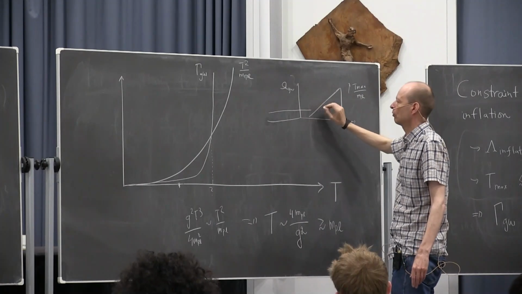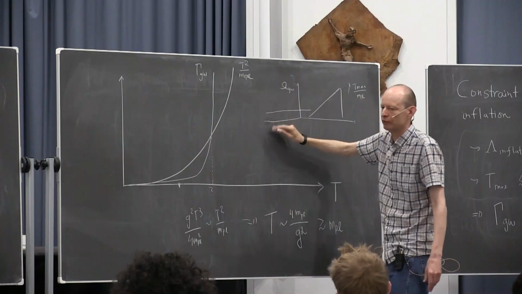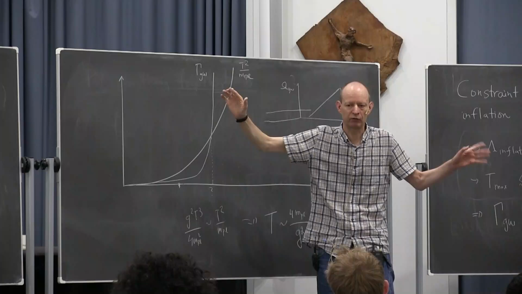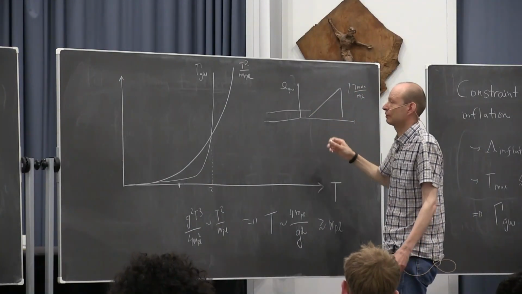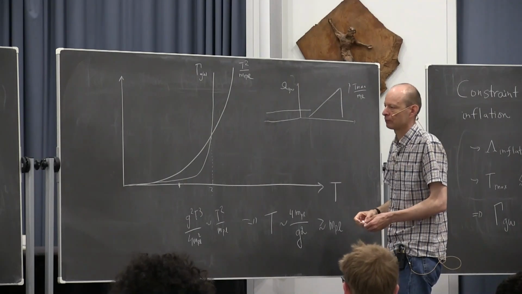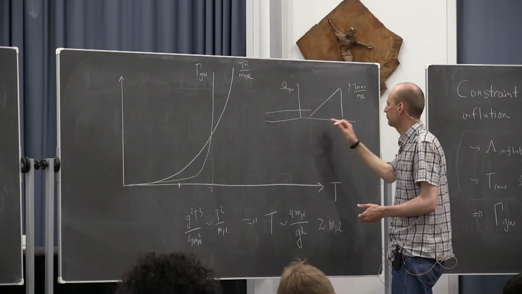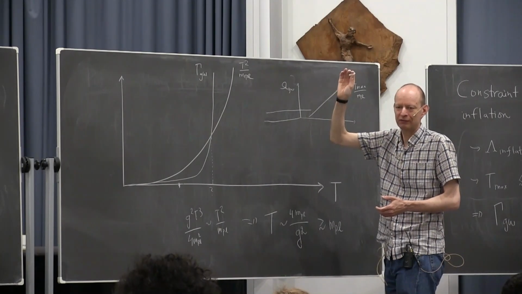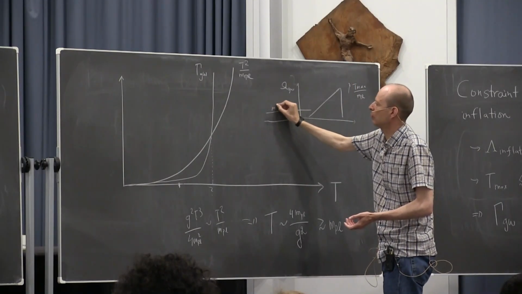Also, it's really important at very small frequencies. These are the modes which were outside of the horizon for a long time. If we look at very large frequencies, it's a very long time ago that they were within the horizon, if ever. So this inflation background is important at small